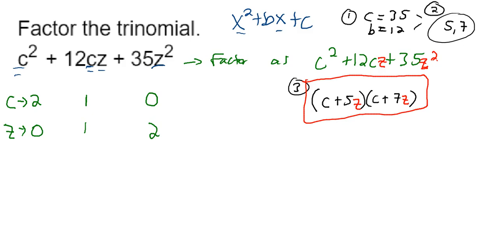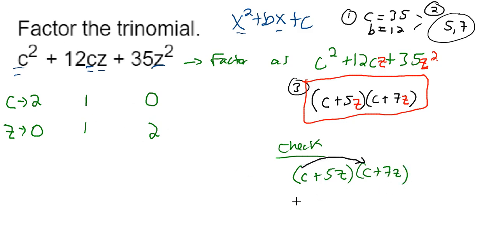So we'll go ahead and FOIL. So let's just go ahead and check this one. We haven't checked any in a while. So we'll FOIL this out. We're going to take c plus 5z times c plus 7z, and we're going to FOIL. So we'll do first, c times c gives me c squared. We'll do the outer terms. C times 7z, I'm going to put the number first, so we'll have 7, and then alphabetical order, c and